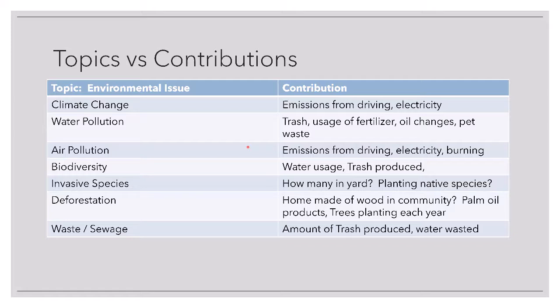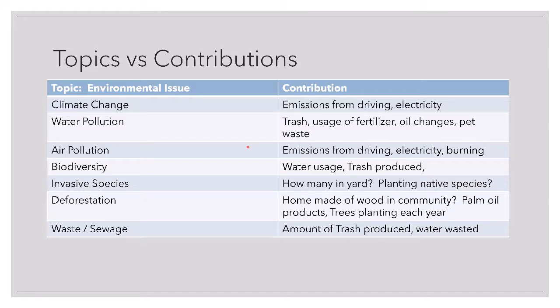As far as biodiversity, the way that you may contribute to a loss of biodiversity of whatever species you are highlighting is any kind of water usage. You could track your water usage, because any water you are overusing is taking away water from that plant or that species of animal. Any kind of trash that's produced, plastic, paper, or whatever, most of the time ends up in a landfill or unfortunately littered,